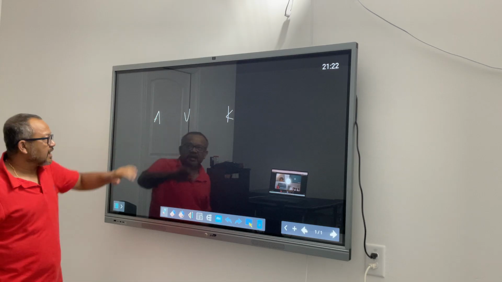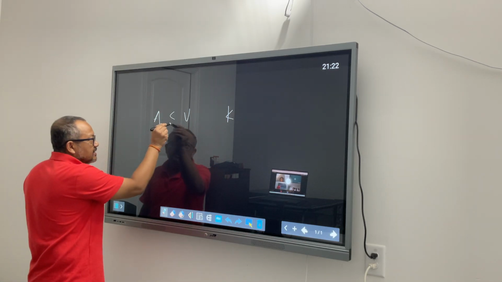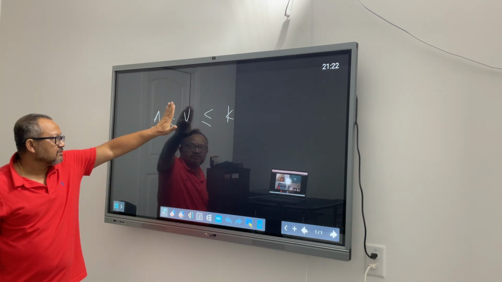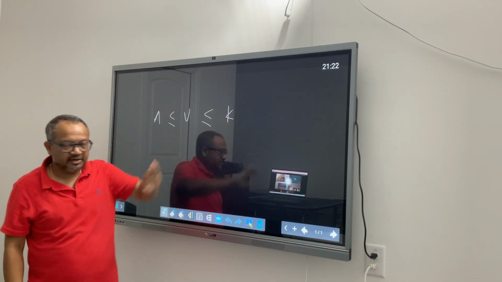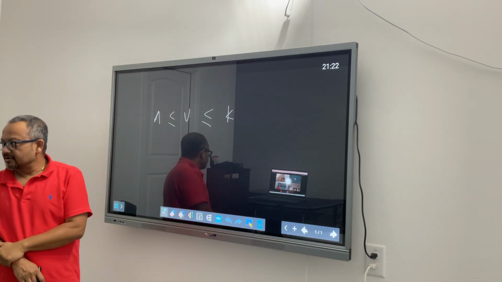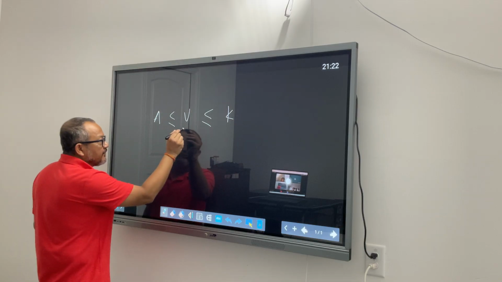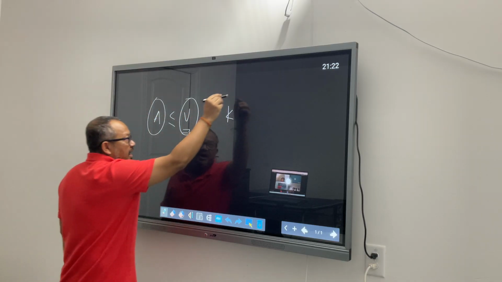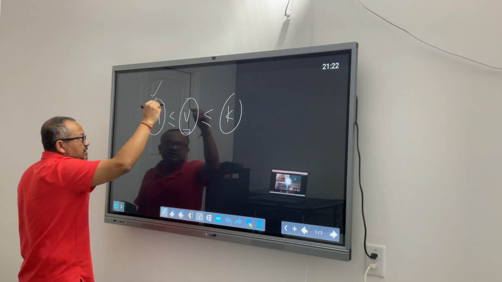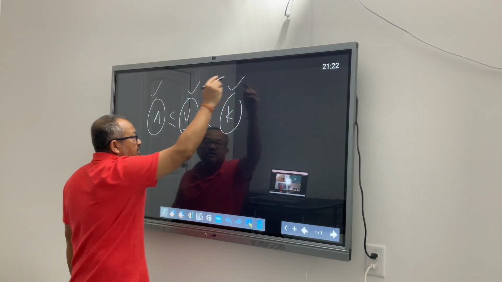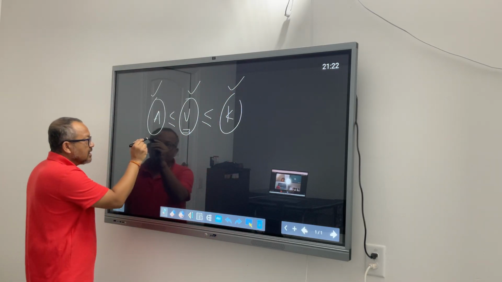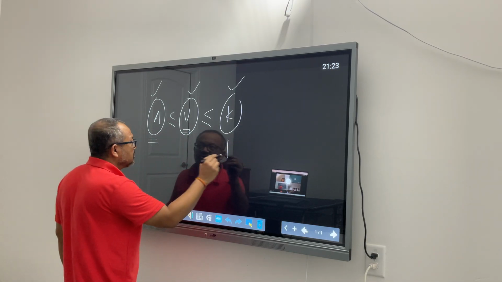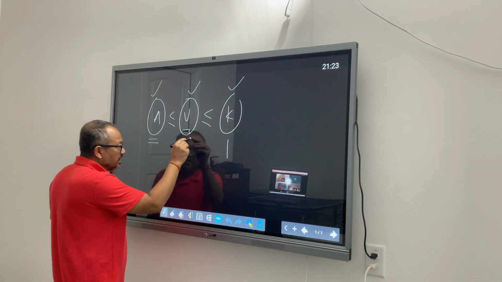In this scenario, I can represent that with this relationship. Ananya is less than or equal to Vedanshi, Vedanshi is less than or equal to Chris. Okay? So here, if I am thinking of Vedanshi as a function, this function is squeezed between this function and this function. So age of Ananya is one function, age of Chris is another function, and age of Vedanshi is a function that is in between the two functions.